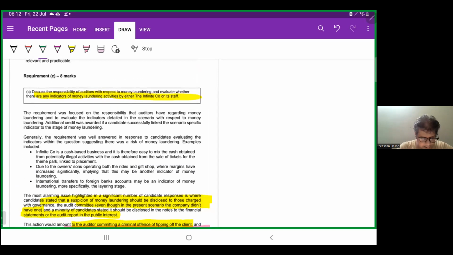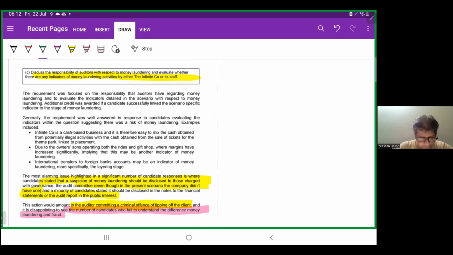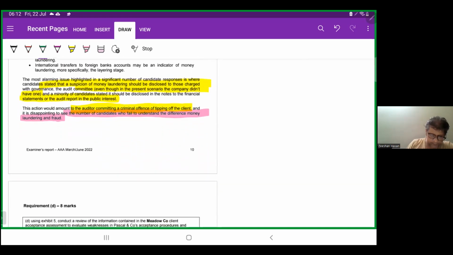Let's move on. Requirement C, discuss the responsibility of auditors with respect to money laundering and evaluate whether there are any indicators of money laundering activities. The requirement will focus on the responsibility auditors have regarding money laundering and to evaluate the indicators. The most alarming issue highlighted in a significant number of candidate responses was that candidates stated that